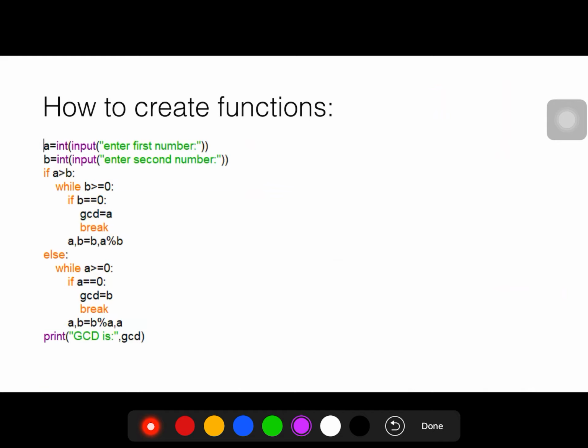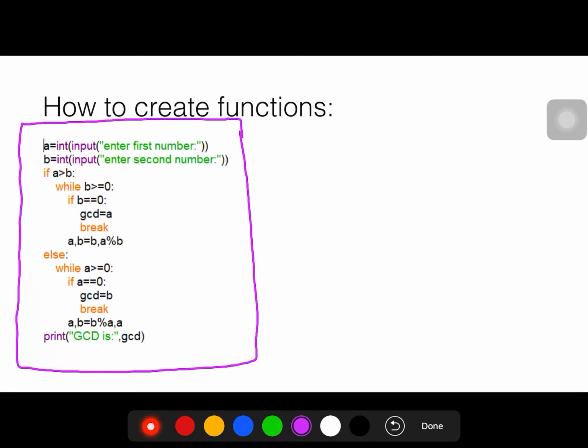Next, how to create functions. To create a function, if you have created a program without functions, it is easy to create a function. How to create functions? Firstly, look at this program, what this program is doing. This program is computing the GCD of two numbers. We are inputting two numbers, then upon testing which value is greater, we are computing the GCD.